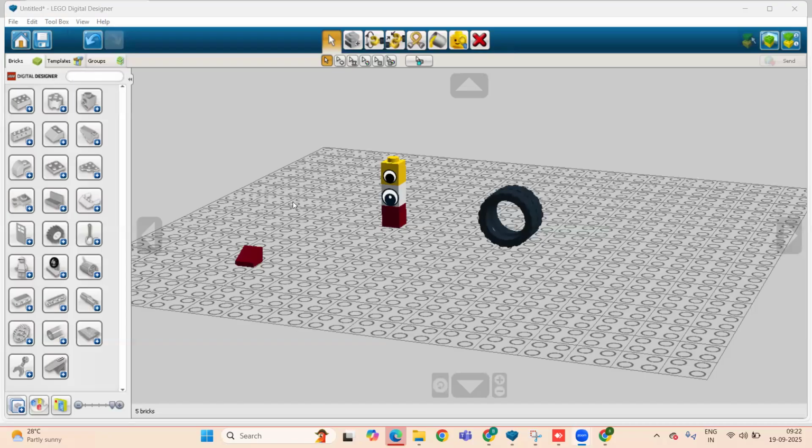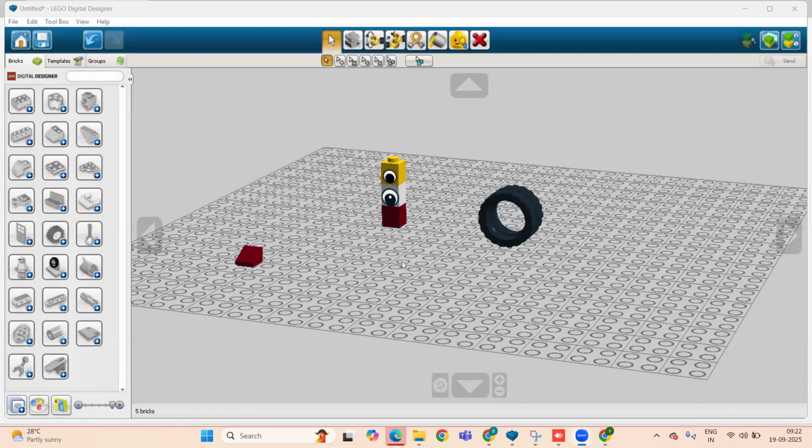If you want to rotate your model in 3D mode, we can use this view and zoom tool. Here is the location of this tool. For example, if I want to zoom in and zoom out to see details or the whole model, we can use it. And then pan to move the workspace around. So this one is the view and zoom tool.